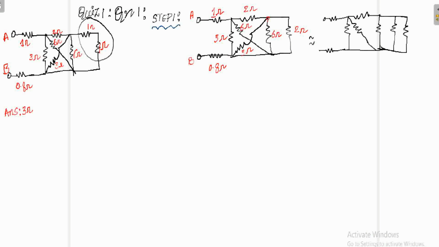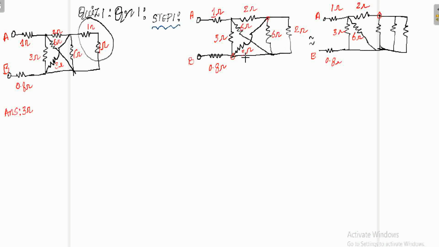Just what I have done is drawn this: this is your A and this is your B, and this is 1 ohm, 0.8 ohms, and this is 3 ohms, and this is your 2 ohms, and this is your diagonal resistance of 6 ohms. We had drawn it diagonally, so instead of drawing or considering this 3 ohms diagonally, we have considered it in a straight line. Is there any problem? No, because the starting point is the same, and let us consider this the ending point. The ending point is on this line only, so it is also reaching it.